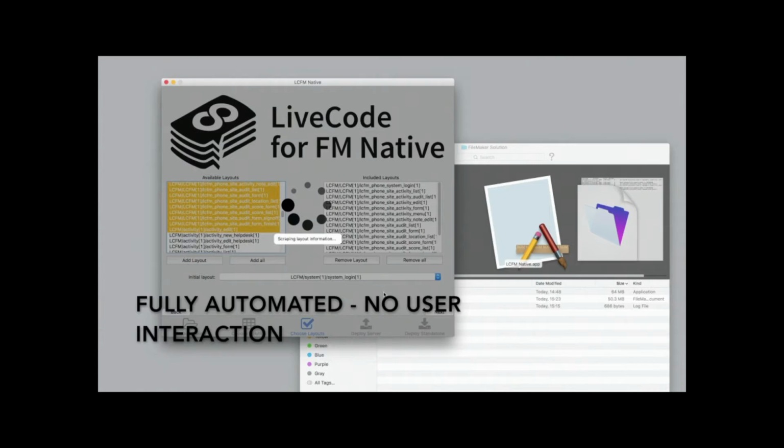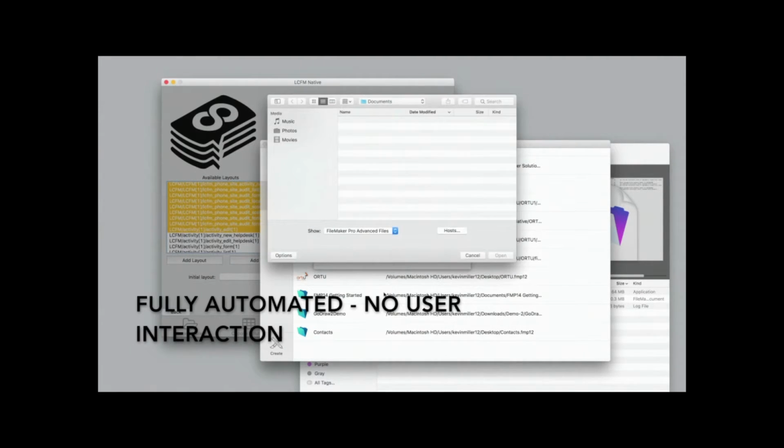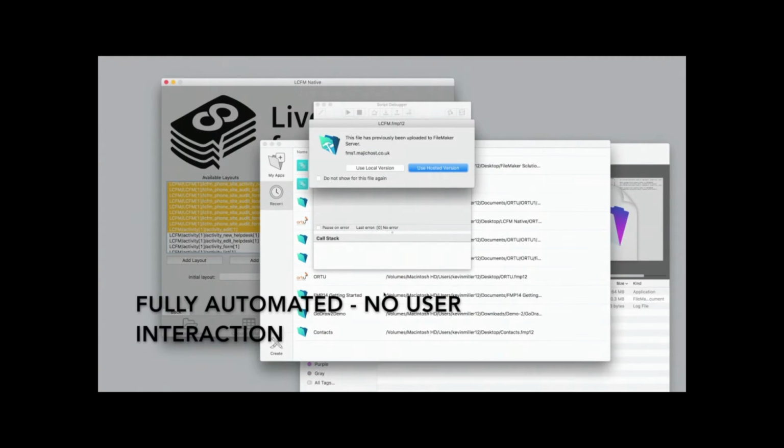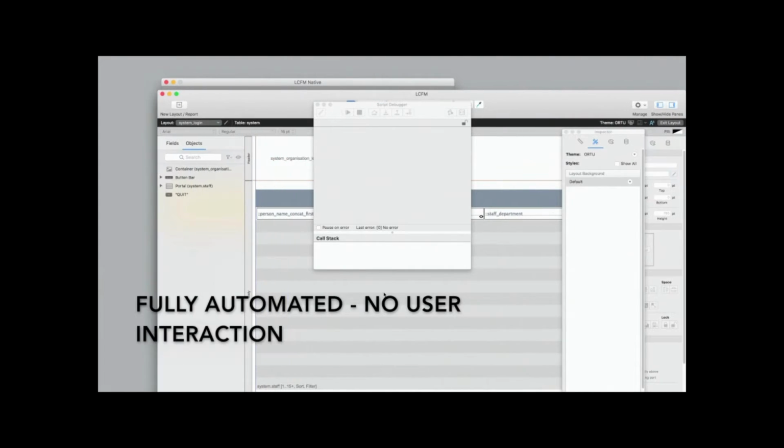And I've shortened the video a little bit here. In reality, you need to go away and grab a cup of coffee, but I've shown you a few seconds of it pulling out the layout part just so as you can see it in action. So there it is, filling in your user ID. It will detect that dialog and remove it, and it goes into edit mode just for the layouts that you selected and starts to drive FileMaker to pull out all of the part information, everything that's basically missing from the